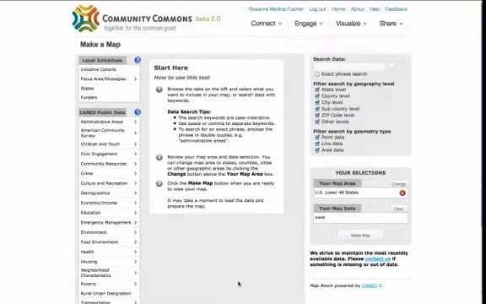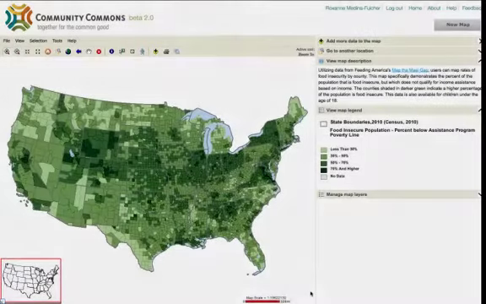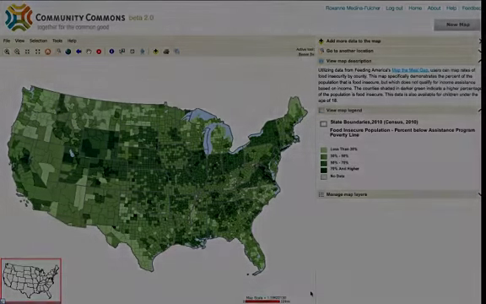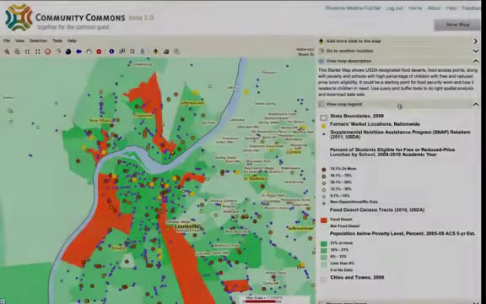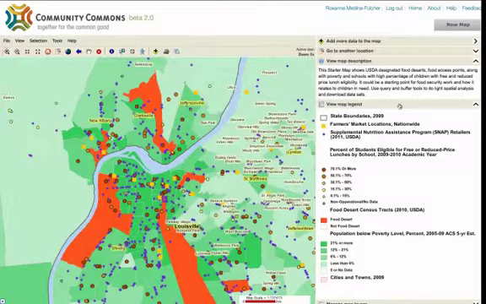Choose from hundreds of data layers broken out into themes and subcategories. Maps can be simple, like this map showing the percent of the population that is food insecure at the county level, or a USDA designated food desert map down to the census tract level, or zoomed into a local community with many data sets like this Louisville food access map showing percent poverty, Supplemental Nutrition Assistance Program retailers, farmers markets,